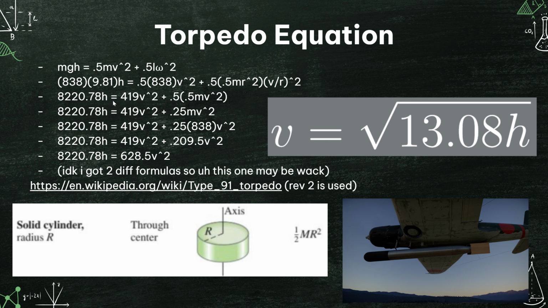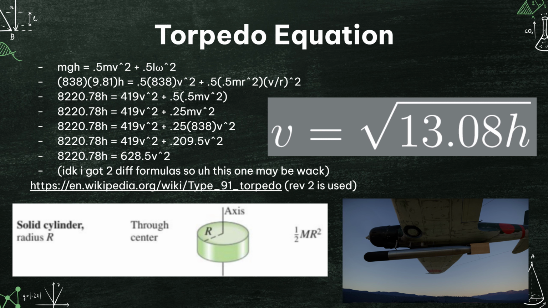So when we plug in the appropriate terms, 838 being the mass of the torpedo, 9.81 being the gravitational acceleration of the Earth, and we plug in mass again here,